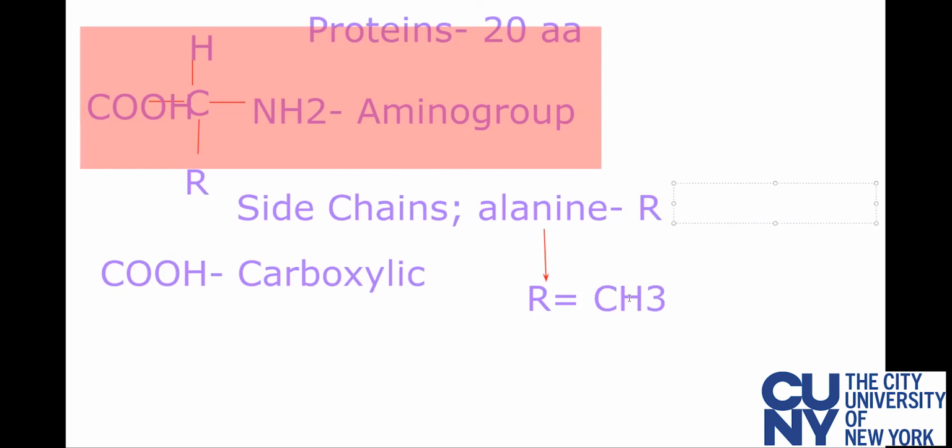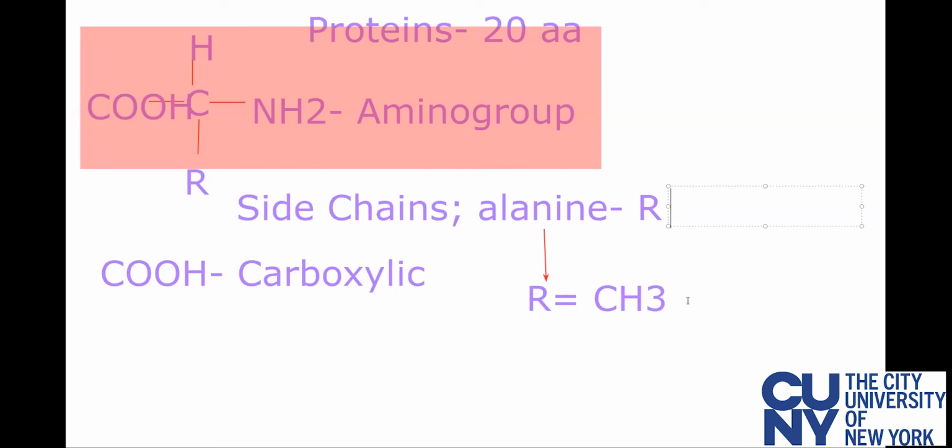So this question was, I believe, question number 12: what is the structure of an amino acid? I shared with you the general structure of an amino acid, and then we talked about the specific structure of alanine, and we also mentioned that there are 20 amino acids that differ in side chains, and in the case of alanine, the side chain R is equal to CH3. Okay,